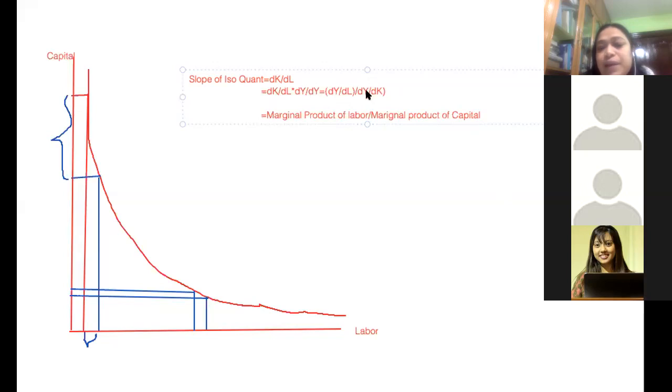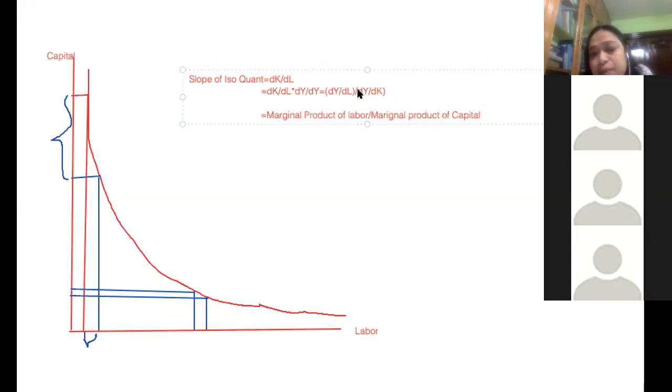So it will be delta k by delta y, and the delta y cancel. So this will again be equal to delta k by delta L. So nothing changes, but look at this thing. This is delta y by delta L. So if you change labor by a little bit, how does your output change? That is the marginal product of labor. And look at this denominator, which is delta y by delta k, which is saying that if you increase capital by a little bit, how does your output change, which is the marginal product of capital. So we can see that the slope of the isoquant is the ratio of the marginal products of labor and capital.